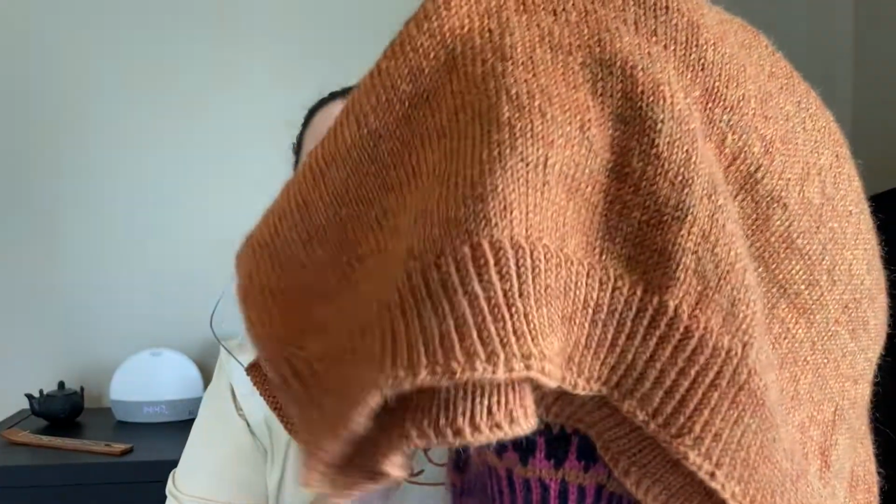I have finished the body, as you can see. I just finished with that 1x1 ribbing. It's actually a twisted rib, so 1x1 twisted ribbing at the end, and now I have moved on to the sleeves here. I'm just working on them one at a time, obviously, and I haven't gotten very far. I do need to do a couple more inches in this